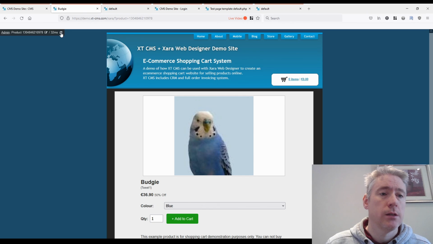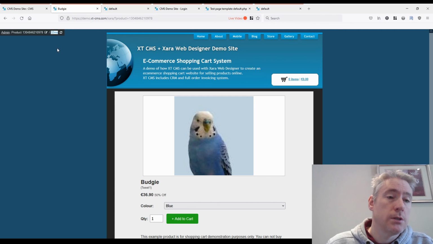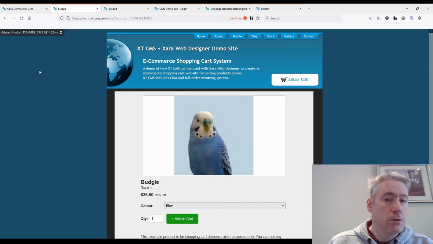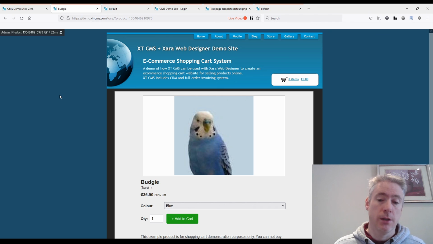And this little icon here is, by the way, if 500 milliseconds would be half a second. So if you start to see times going above that, then you might have something to look at as to why that's happening. But generally speaking, they should be fast. And also, there's the ability to switch on a cache, which would speed it up even more. So in this case, I don't think I have the cache enabled. So this is just purely dynamically grabbing the data and outputting it.